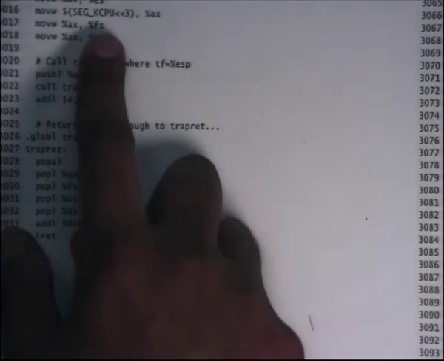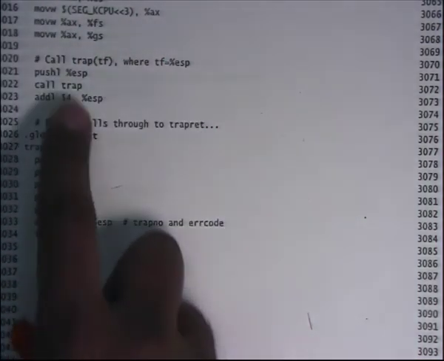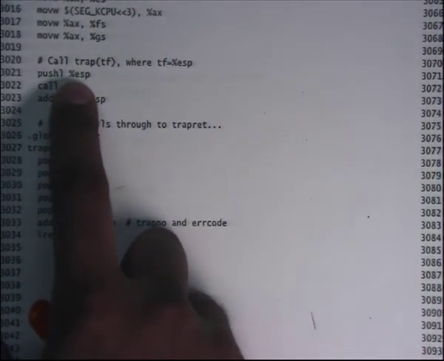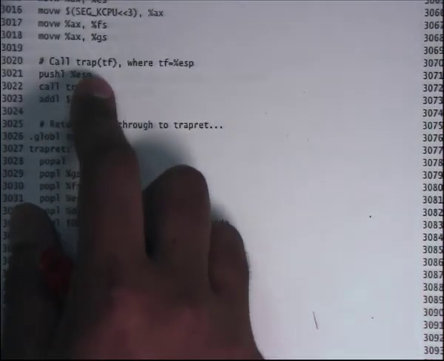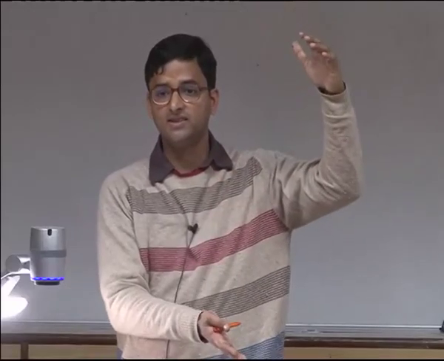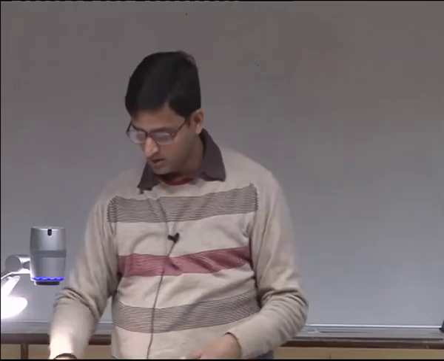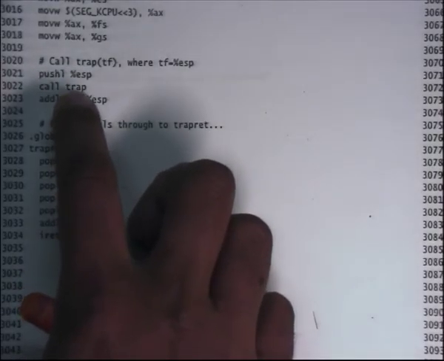Okay. What seg k CPU is, let's ignore it for a moment. Let's just say there's something that the kernel is doing for k data and k CPU. It pushes the current ESP also. So push all doesn't push the right ESP, so you also push the ESP. One register is not correctly pushed by push all, which is the ESP register itself, because you can imagine ESP is changing as you are pushing stuff. So you have to separately use an instruction, push ESP, and then you call a function in C